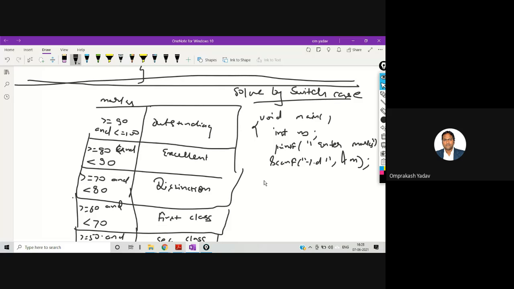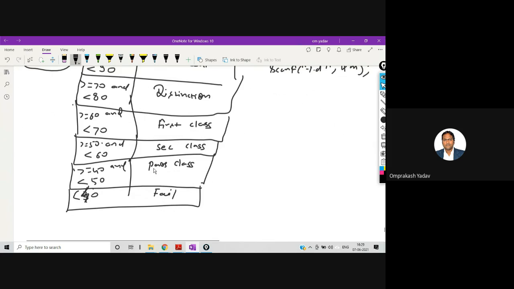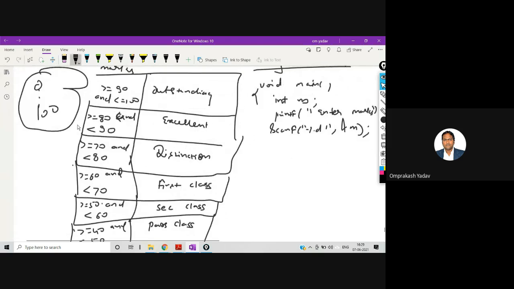Now how will we write this particular program? If we write it directly, it will generate 0 to 100 cases, right? And we will have to write for 0 to 100 cases. But there is one simple trick. We can write 10 different cases which will cover all the 100 cases, right? Because this is in a range. So we'll simply say